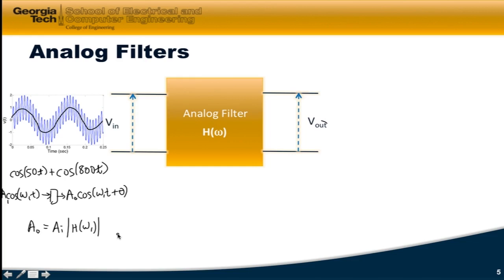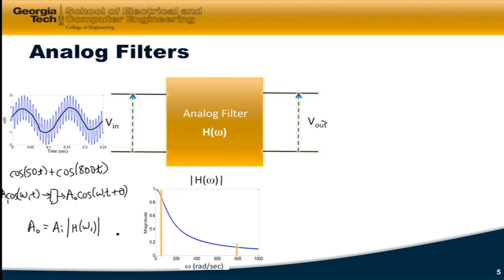Now, it helps to look at a numerical example. In this example, I'm plotting a magnitude of the transfer function that looks like this. And what I do is I look at this frequency at 50. I look at 50 right here, and I go up and I find what this magnitude is. That's about 0.9. So I take 0.9, multiply it by the input amplitude, which is 1, to give me the output amplitude. So that would be 0.9